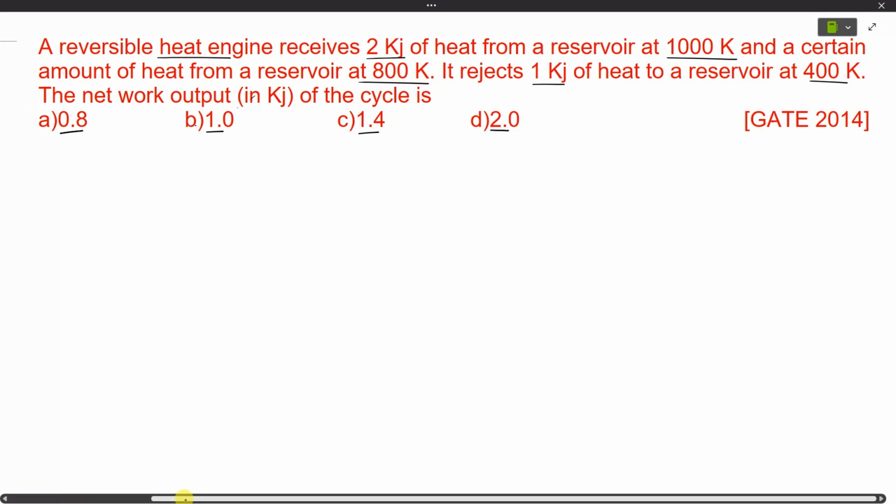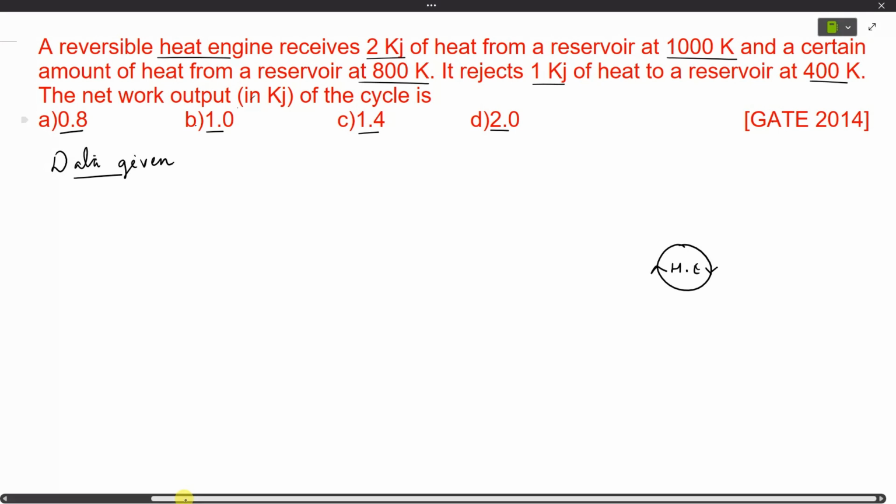So before we solve the given numerical, let's briefly understand the statement of the given numerical as per the given data. And this we understand more clearly with a diagram. So let's draw a diagram of heat engine. So let's say that is a heat engine,